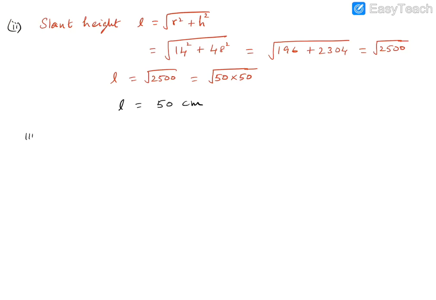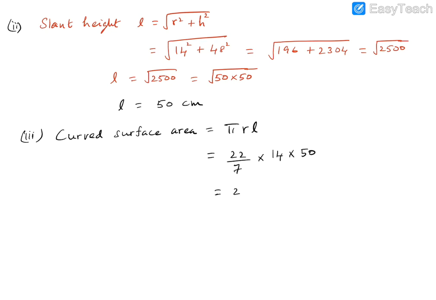The third part of the question is to calculate the curved surface area. So curved surface area is equal to pi r L. So we have the value of L, we already know the value of R, and we can substitute pi as 22 upon 7 into the value of R is 14 into the value of L, which is 50. So it's 22 upon 7 into 14 into 50, and when we multiply these numbers, we get a value of